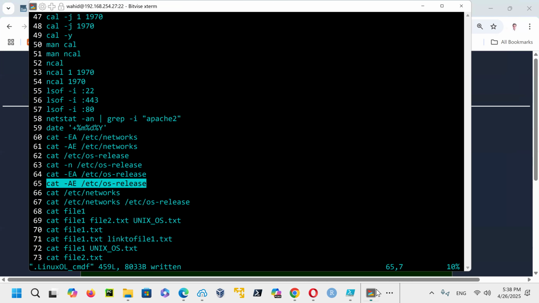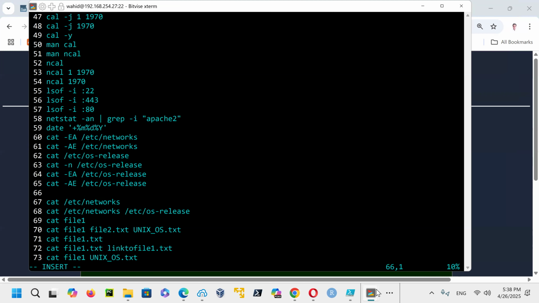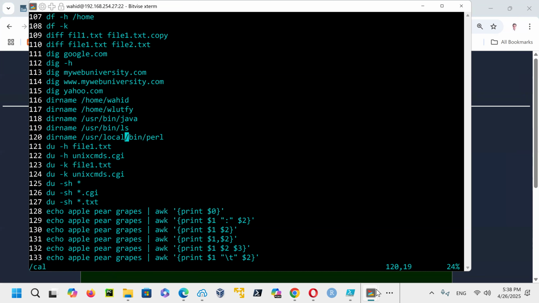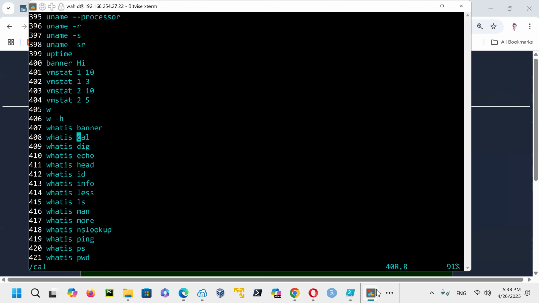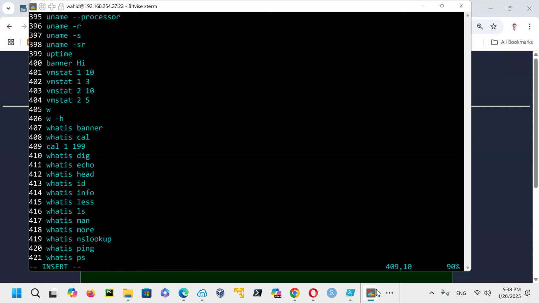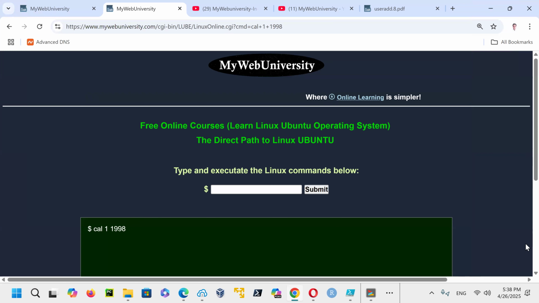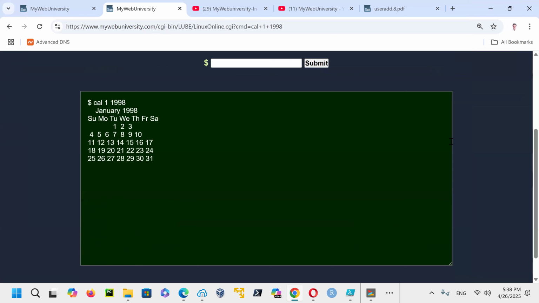It's basically here, put that line. Let me just do it in the section of calendar. So calendar here, what is calendar? There's a lot of it, so I'm going to say calendar 1/1998. So now that command should work on my system. It was not giving any output there. I refresh and I get the output.